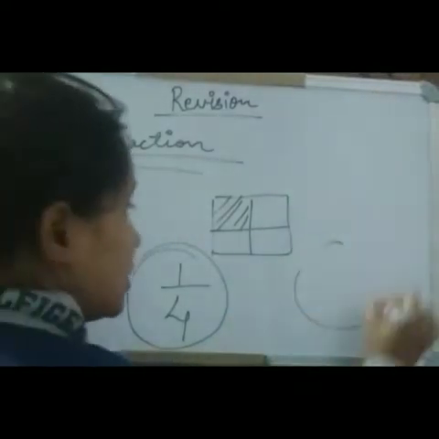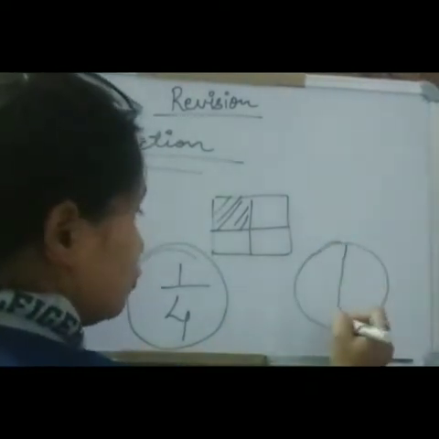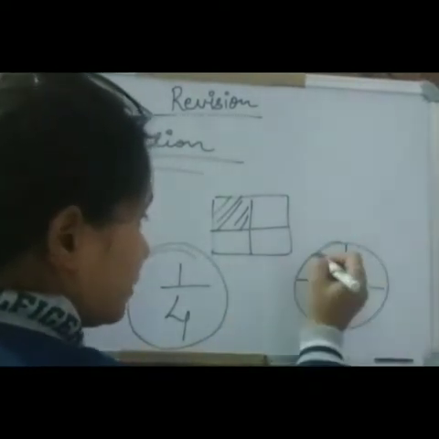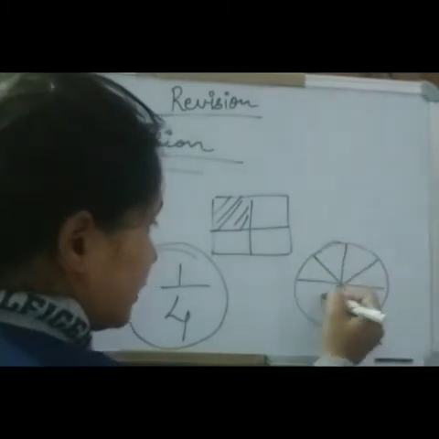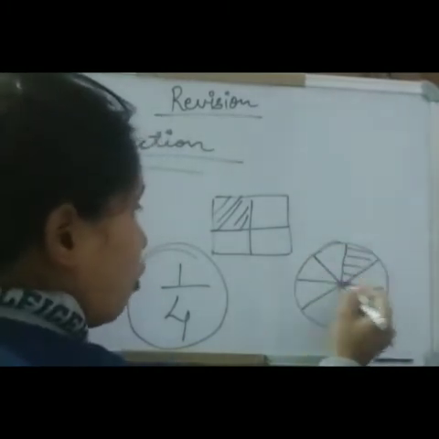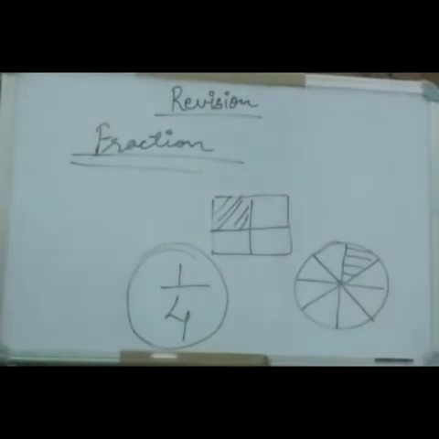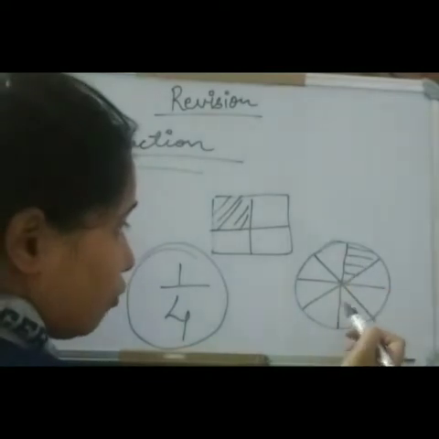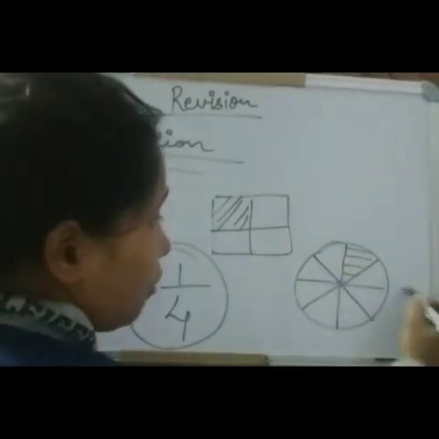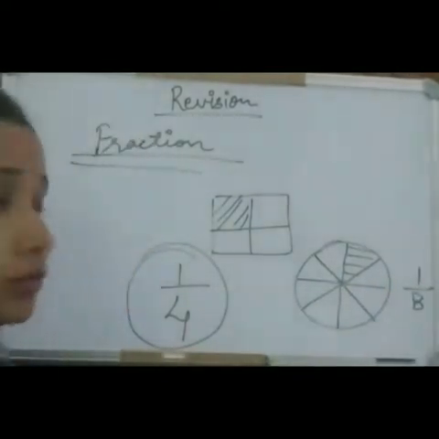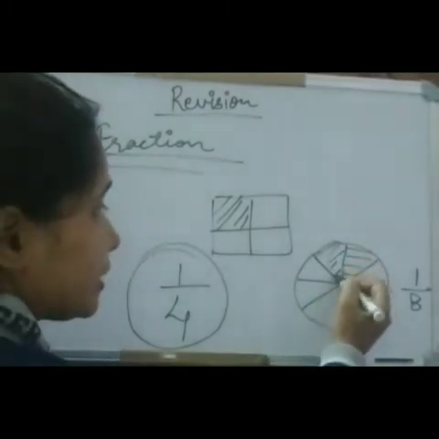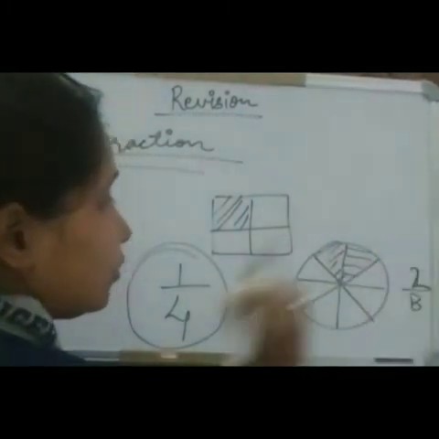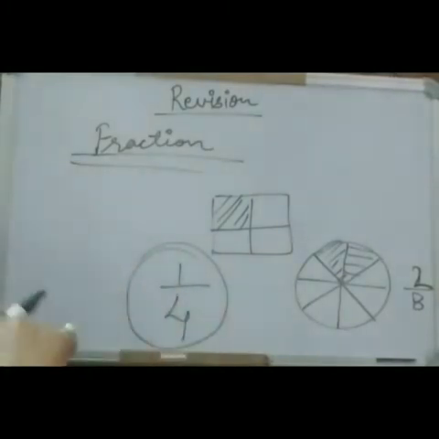Suppose we are eating a pizza. We used to do slices. These types of slices. So each part of this pizza is part of whole. So how will you describe it? 1, 2, 3, 4, 5, 6, 7, 8. Out of 8, one part. If 2 pieces are taken out, it means 2 out of 8, 2 parts.